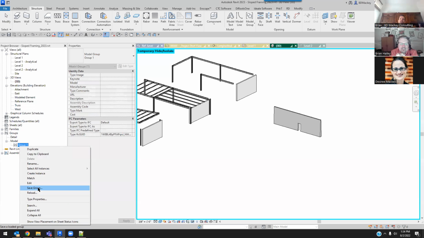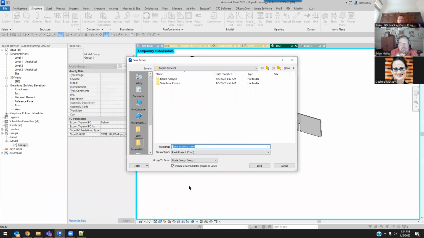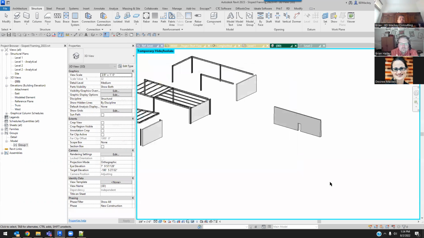When you do that, it's actually going to save the group out as an RVT, right? It's just an RVT project. You can give it a name, let it keep the model name, give it a different name, whatever you want. You can even attach detail groups. So if you had pre-made tags in there, you can even have those tags go out to that RVT file. And then you can bring that in as a group, because a lot of people also don't know